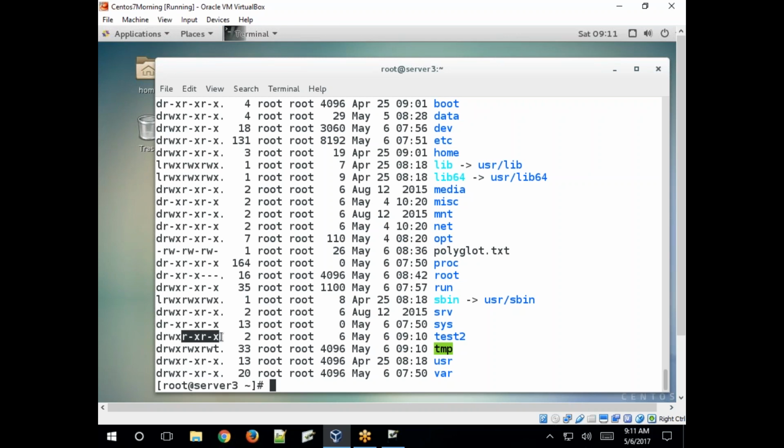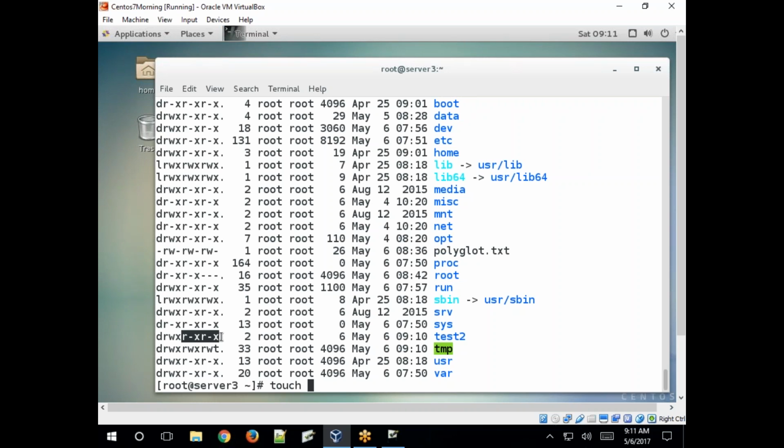There is no write permission. They can read the files inside the directory. They can't create files in the directory. They can't copy files into the directory. Okay. So if they have execute permission, can they automatically delete the files also? No, they can't delete. They can just read the document.